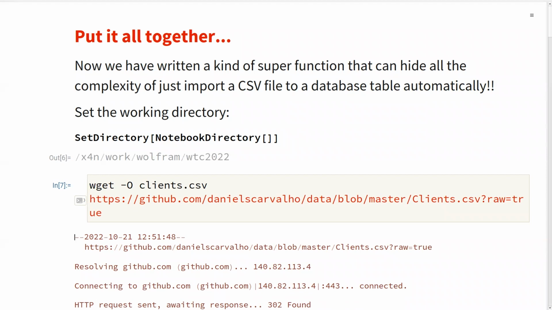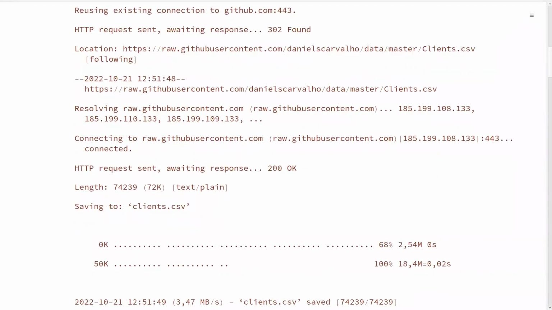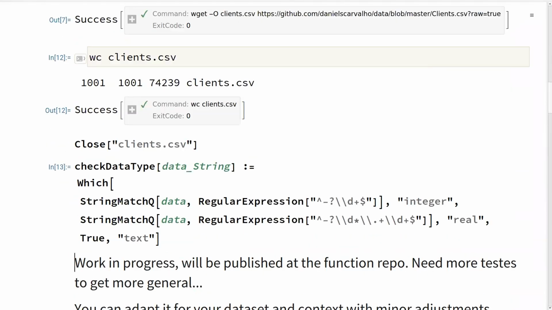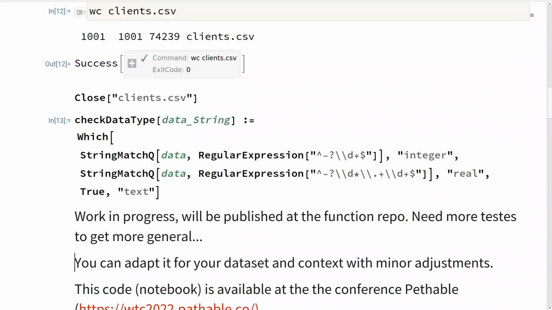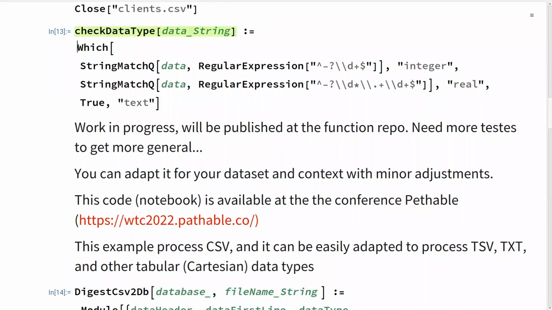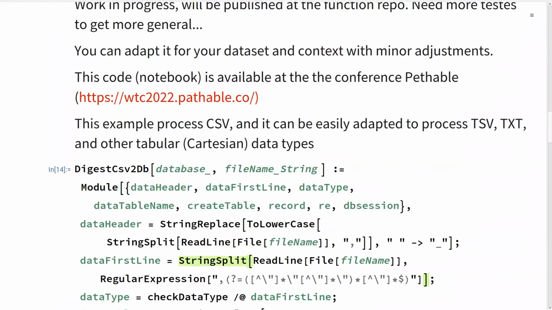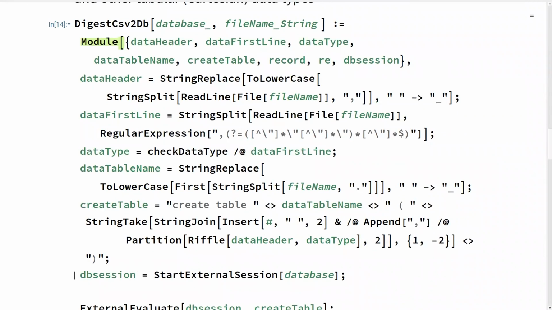I get a file from the internet I want to load. Here I have that function that checks the types. And later here, I have the function where I put everything together. All this code I did in the notebook, step by step, I get together in a very messy code inside a module for this thing to work separately and not mess up my notebook.